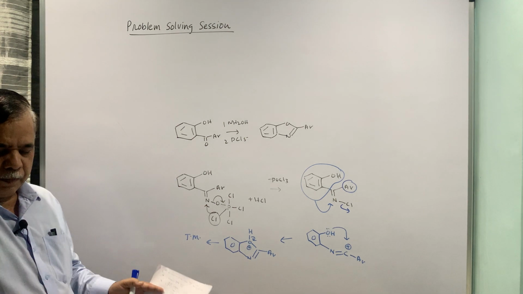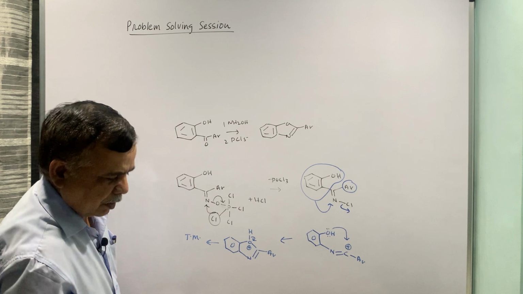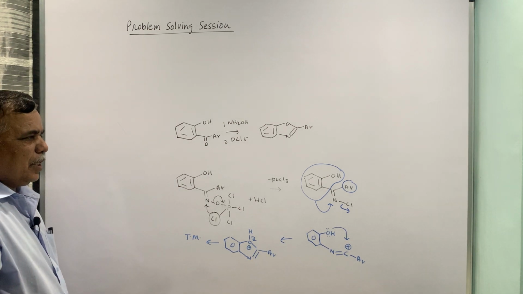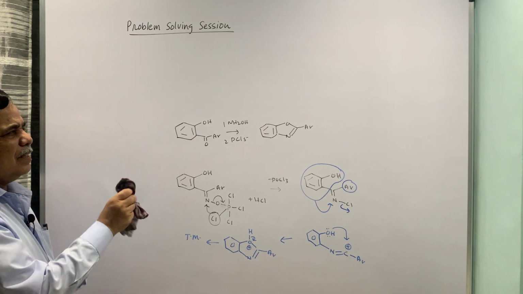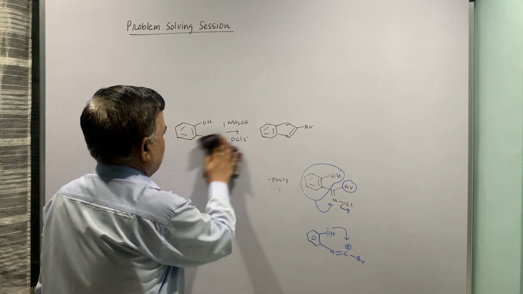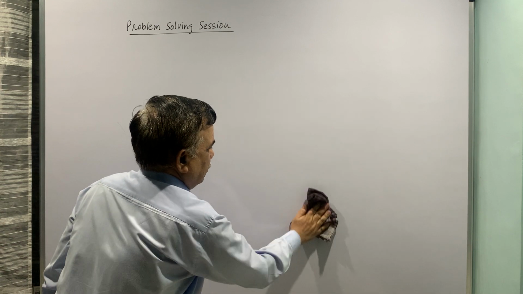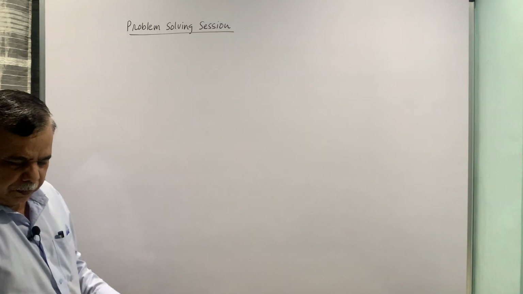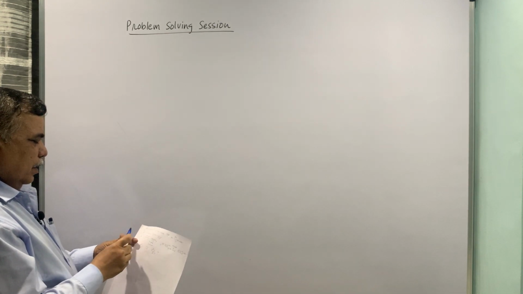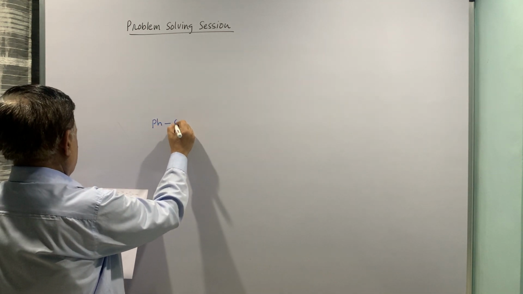So this is the overall mechanism for the formation of the product. It is an example based on Beckmann rearrangement, a little tricky, but you can solve it once you know the basics. One more we will do for today, and the remaining we can do later, in the next lecture.